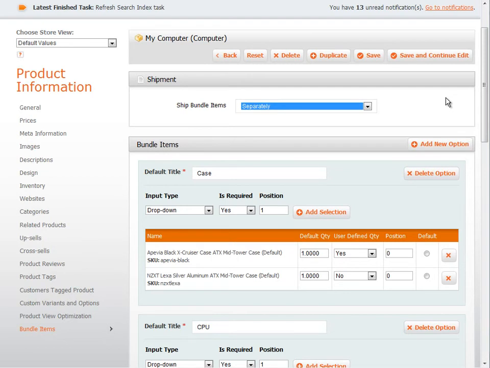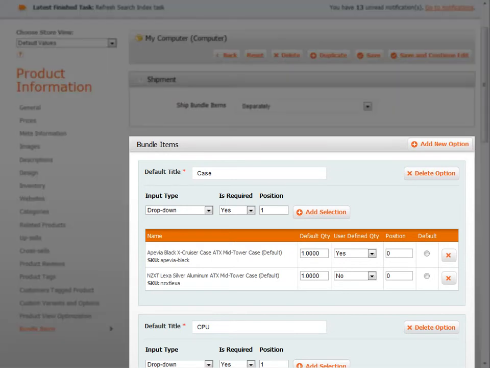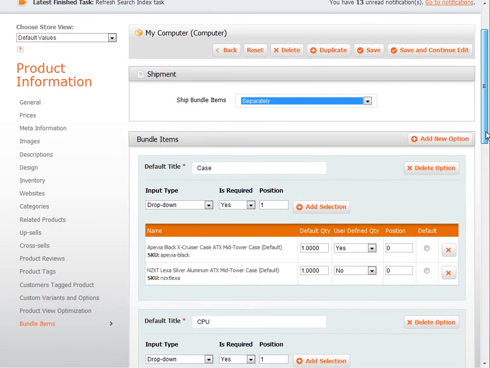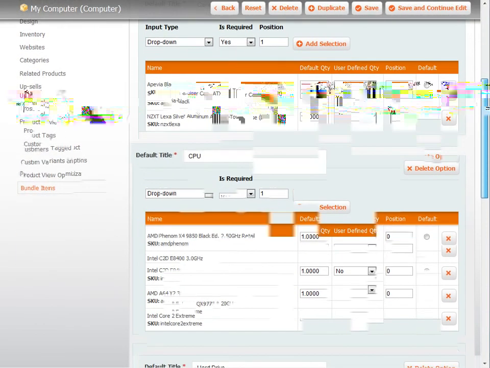Now the next section of the page is where each item is added to the bundle. Let's take a look at the ones we have so far. Here we have the computer case, the CPU,